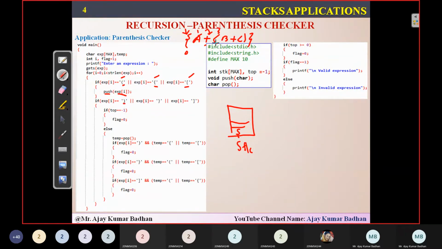See here, the third one, expression of 3, consists of an open bracket. Again, it will check if expression of 3 is equal to an open bracket, any one of them. You can see that one of the brackets is this one. So definitely what it is asking is to push that expression into this stack. So I'm going to push that expression here. Okay, so let me write it.